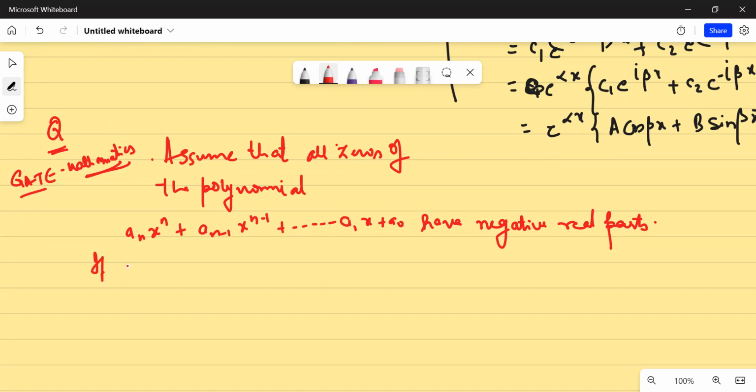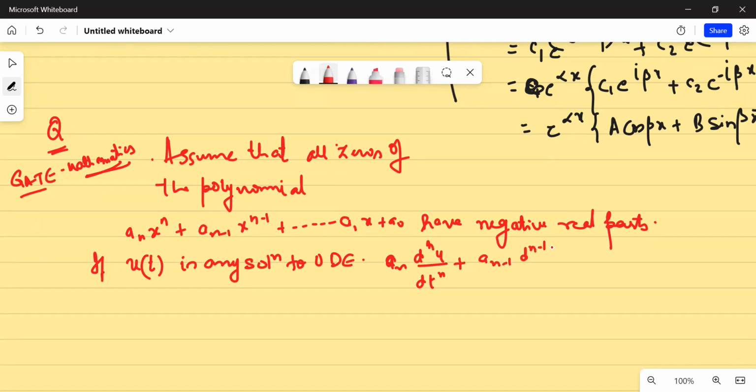If u as a function of t is any solution to the ordinary differential equation a_n d^n u/dt^n + a_{n-1} d^{n-1}u/dt^{n-1} + ... + a_1 du/dt + a_0 u = 0, then